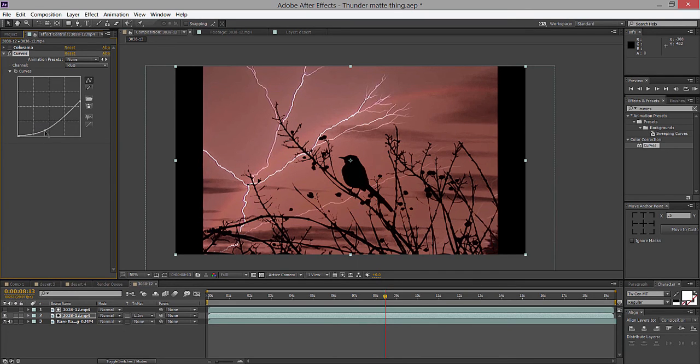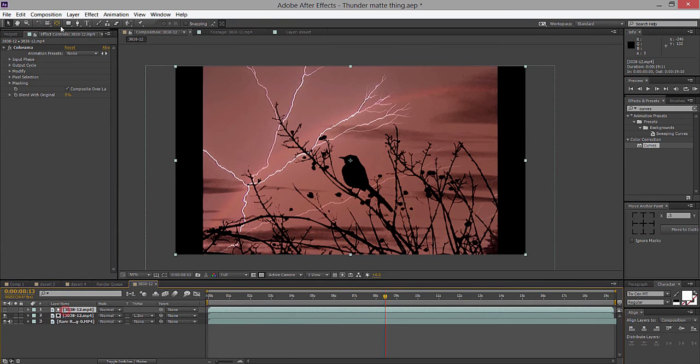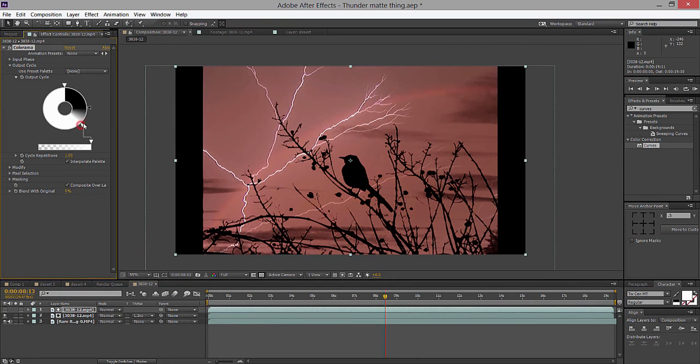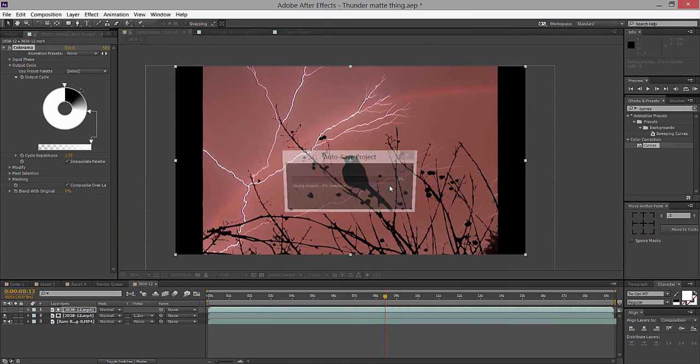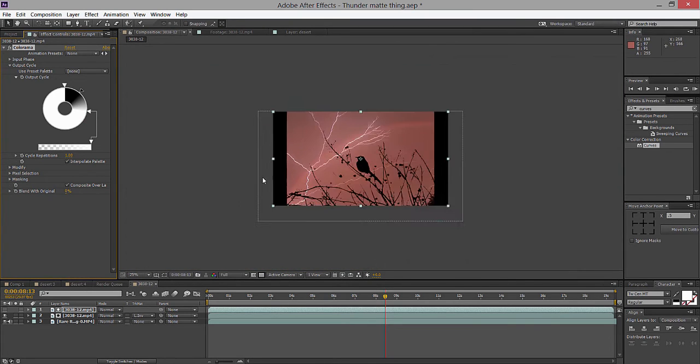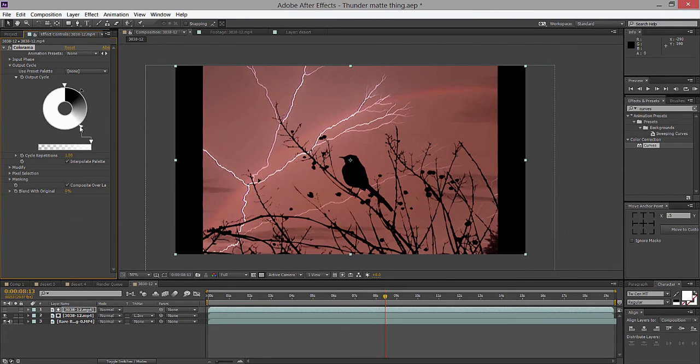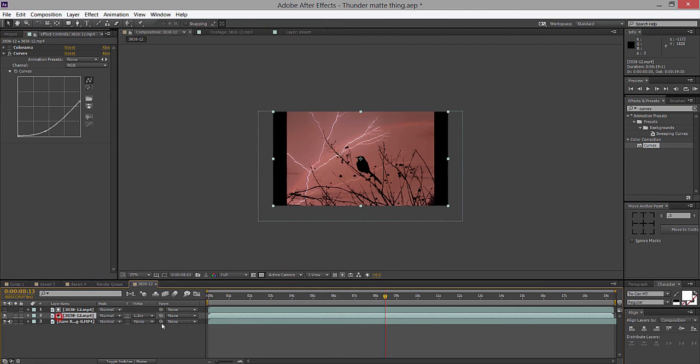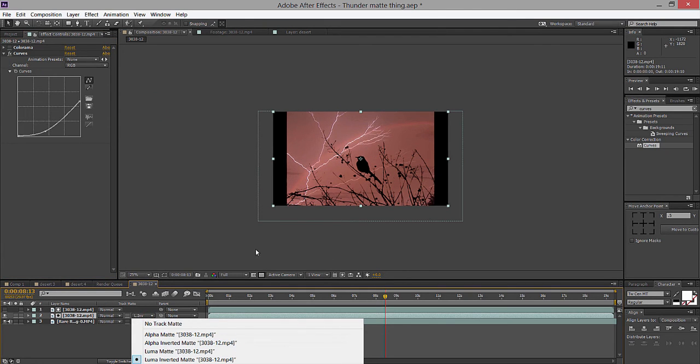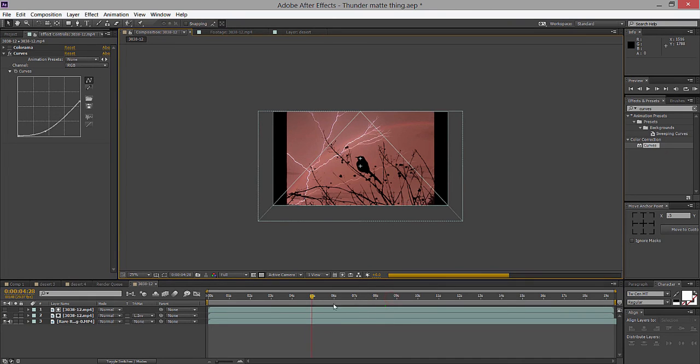You don't have to make it so dramatic, but you could also see these clouds better. So if you don't want the clouds, you could play around with your Colorama and get rid of it. But since this footage has so many little branches, it wouldn't look that great. So I'm just gonna leave it like that. So that's the luma inverted matte technique,